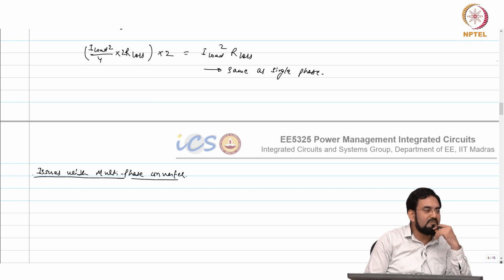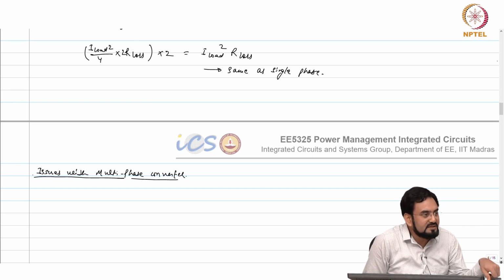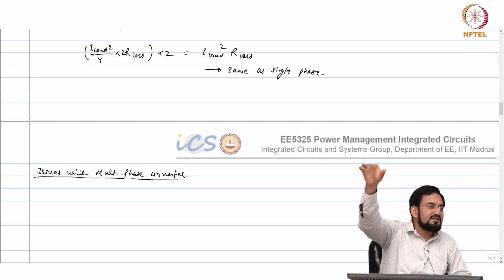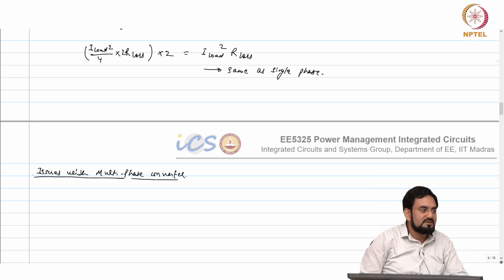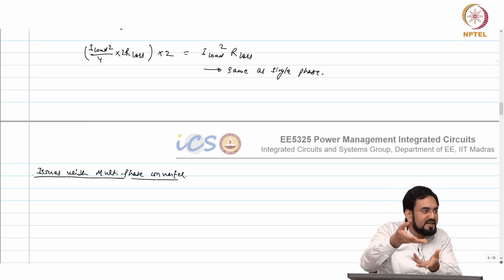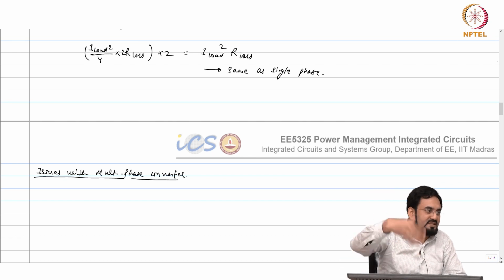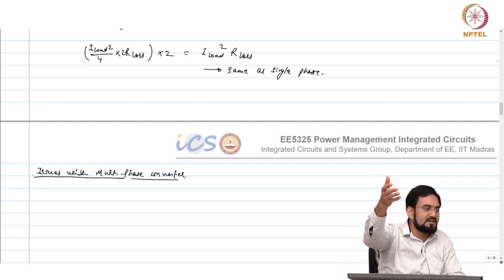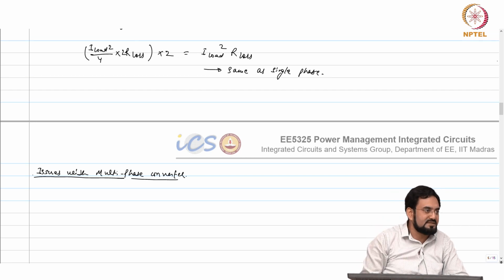But why will that be a problem? I fail to understand. Let's say one DCR is higher, other is lower. So if the current is not equally split, then why is that a problem? If R loss is more, I want to reduce the current. So automatically that will do that. So it's an advantage actually. If there is an R DCR mismatch, then the current in the inductor which has a lesser R DCR will be more, and in the other case it will be lower.